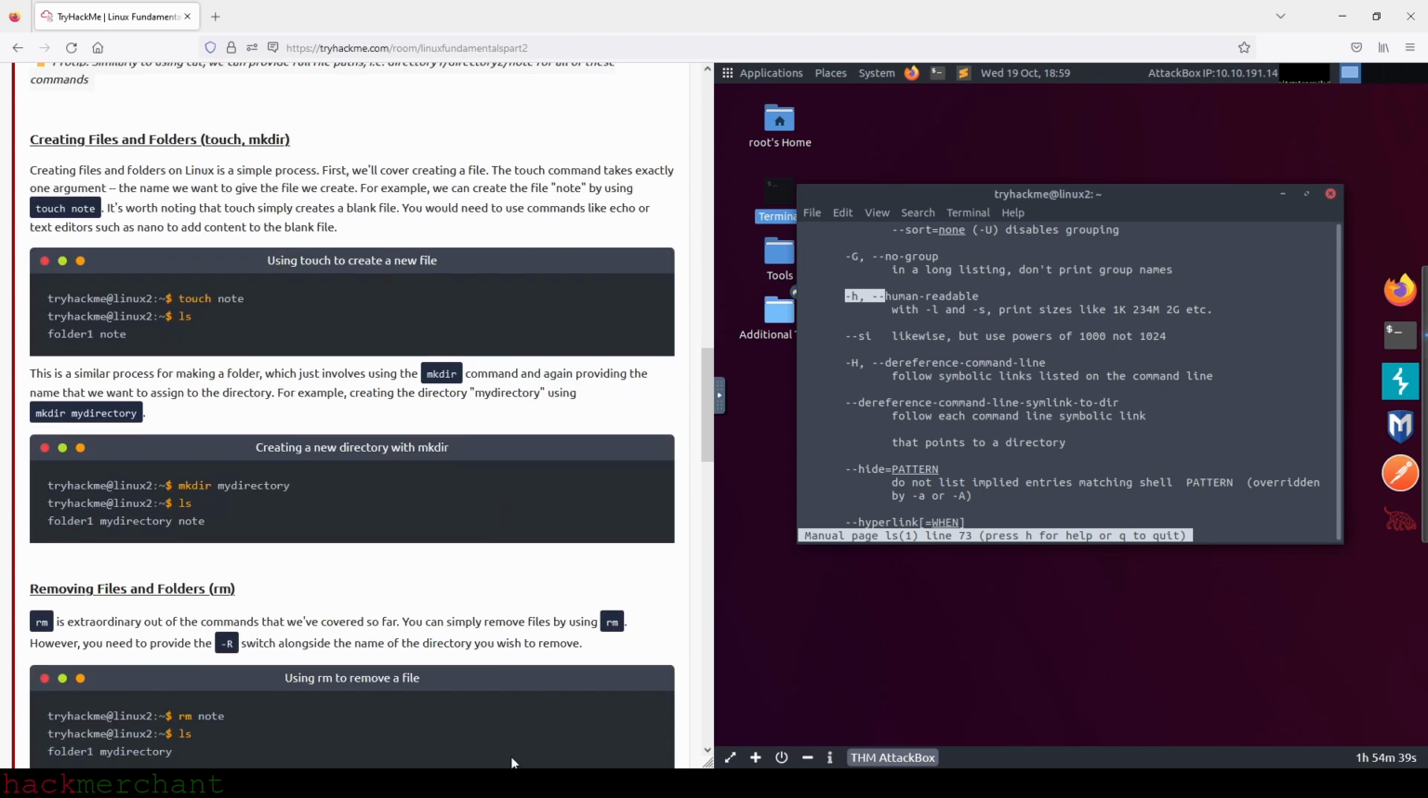Creating files and folders. Creating files and folders on Linux is a simple process. First, we'll cover creating a file. The touch command takes exactly one argument, the name we want to give the file we create. For example, we can create the file note by using touch note. It's worth noting that touch simply creates a blank file. You will need to use commands like echo or text editors such as nano to add content to the blank